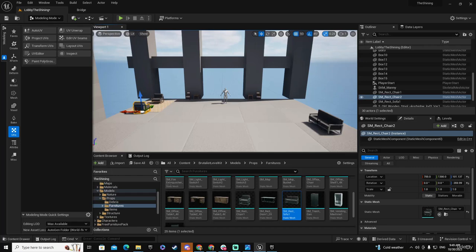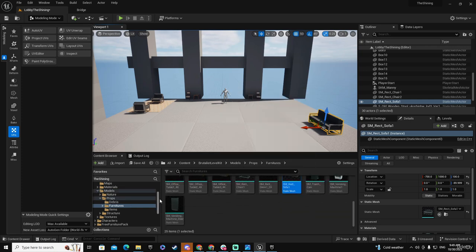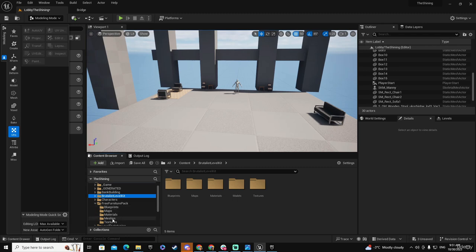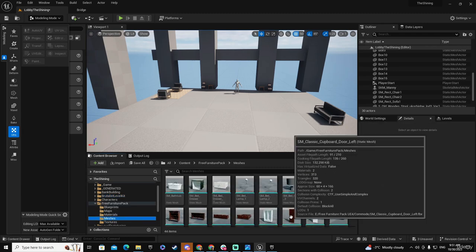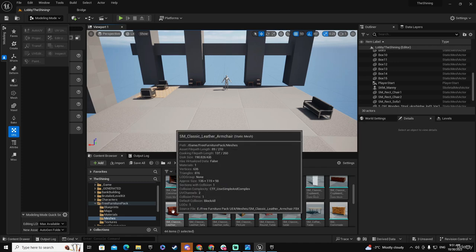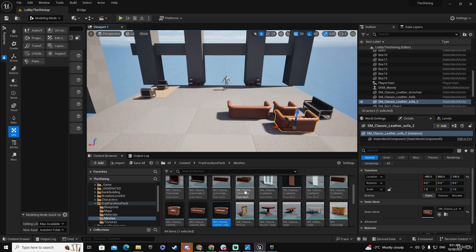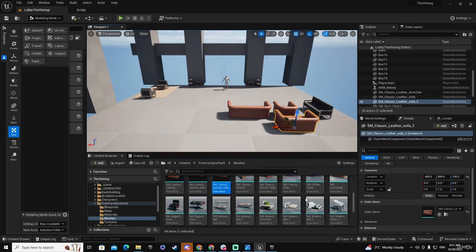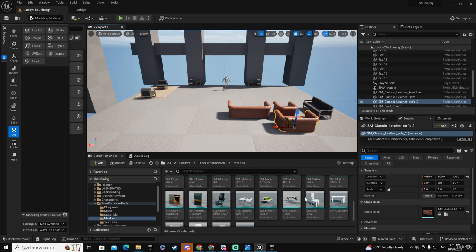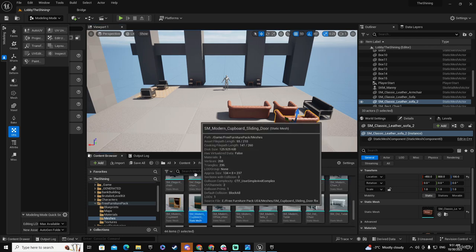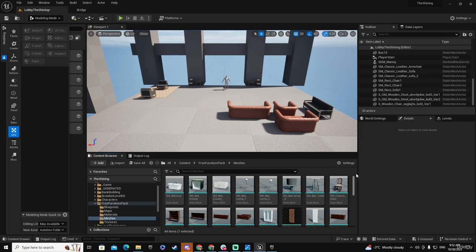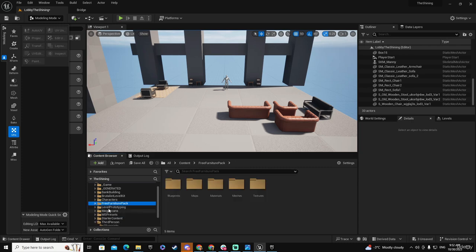I'm going to start adding other elements. For example, let me see if I have in the other, this is the only extra couch we have. Let me take a look at this one. Oh, these couches are very good. Let me add them here. This one and this one. Really great. Couches, though, are pretty cool. Okay, so we have the free furniture,